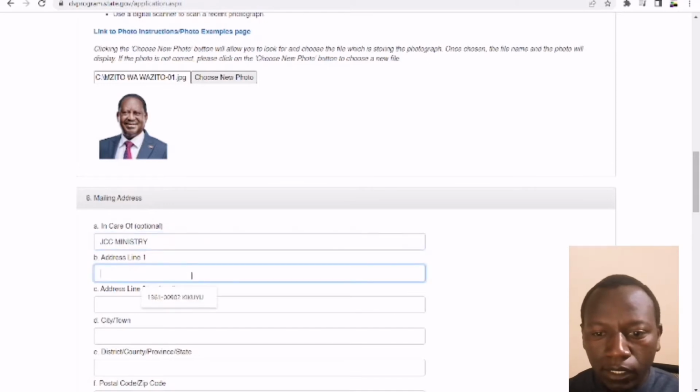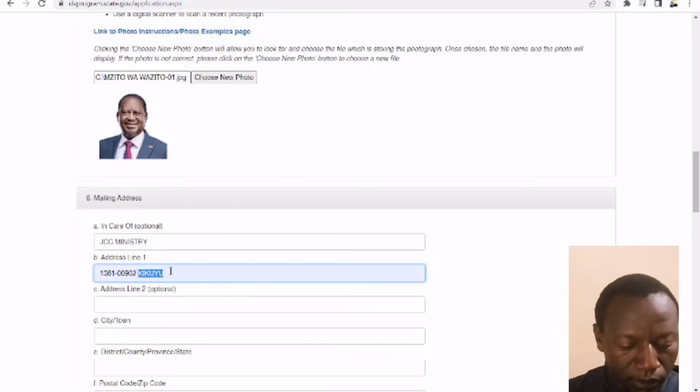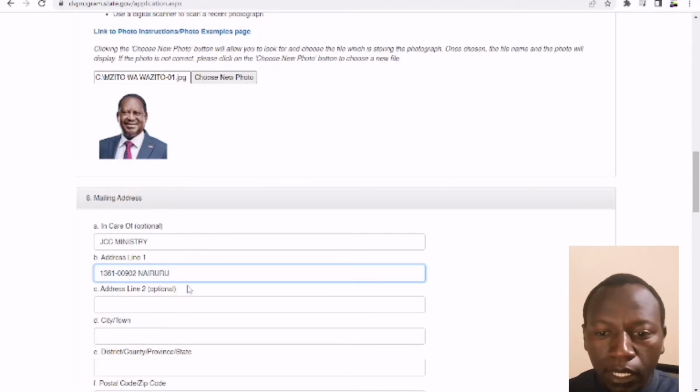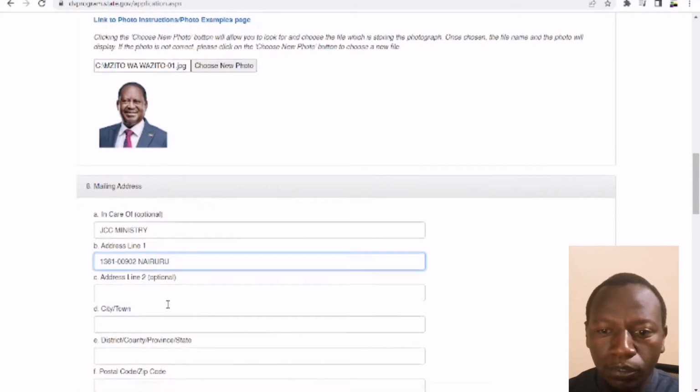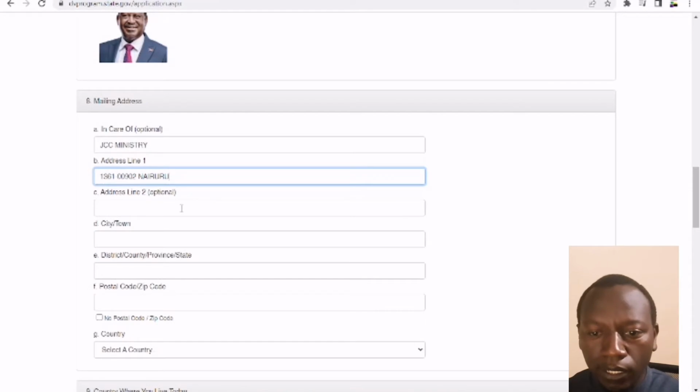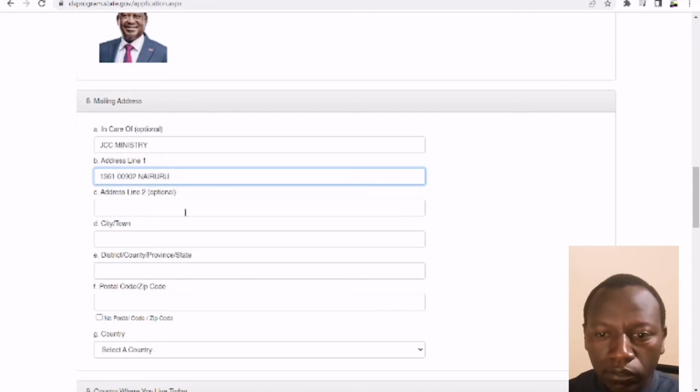So let's say that is the postal code, address line and stuff, a PO box if you're from Kenya or whatever it is that you call it in your nation. And then address line 2 is optional. If you have anywhere else where your mails can be sent, your letters can be sent,